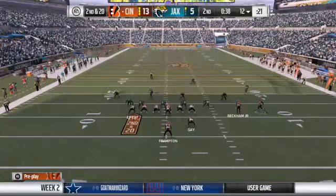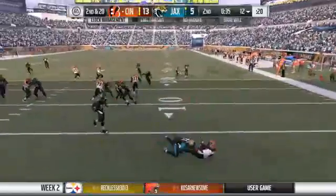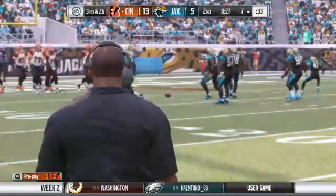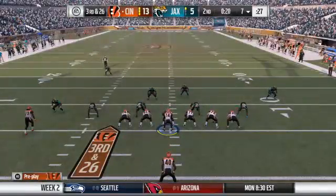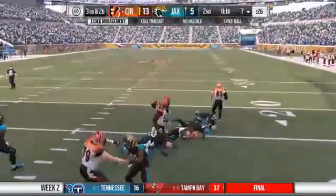In motion left goes Boyd. Now they'll run it on the toss. And he is going to lose yardage here. It goes as a loss of 6. And now 3rd down. The way he roared up and made that play, that tells me that he spent a lot of time in the film room analyzing what this offense does, and he saw something that convinced him he didn't have to worry about the pass. He could just go right now and make...